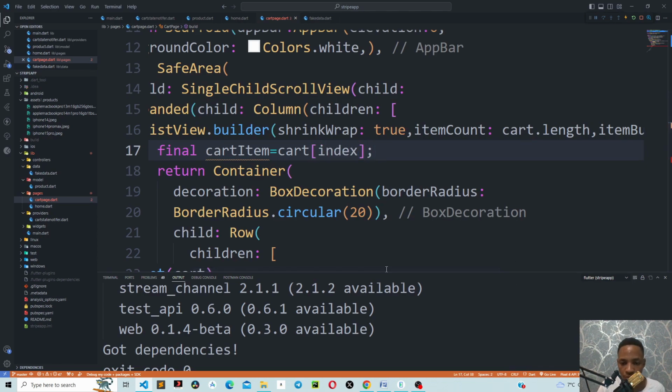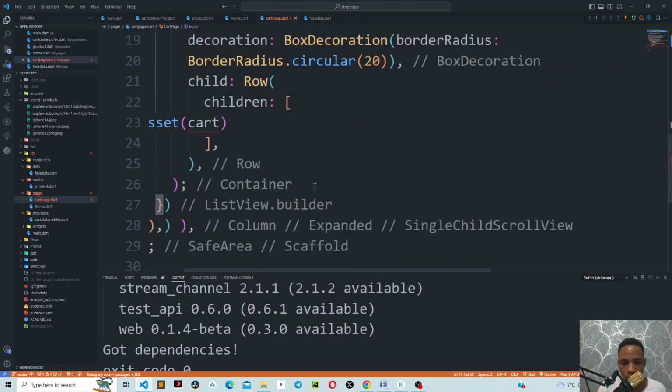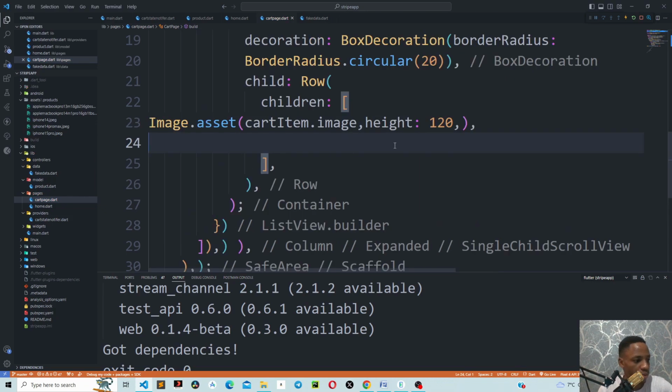Okay, so let's go to our cut item dot image. Let's give it a height of 120. Okay, that's it. So let's move on to the next, which is we need a column